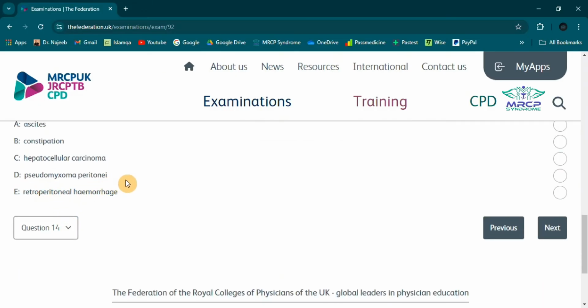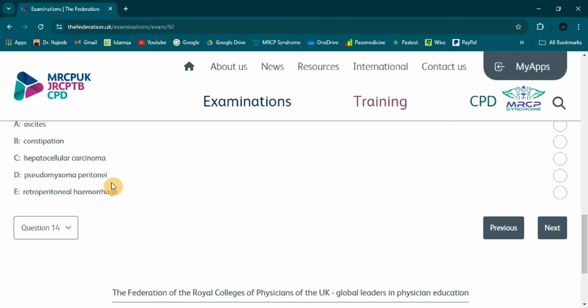Regarding retroperitoneal hemorrhage, this usually occurs as a result of trauma, ruptured aneurysm or anticoagulation, and there would be blood collection within the retroperitoneal space. The patient will come with features of severe pain along with features of shock, rather than slow progression of abdominal distension or gradual increase. If you go for the CT scan, it will show a localized collection of blood in the retroperitoneum,